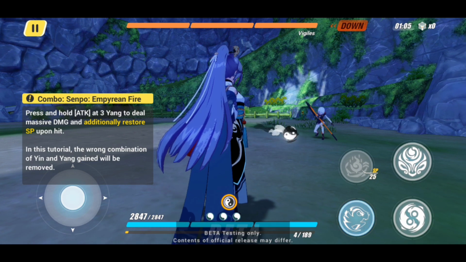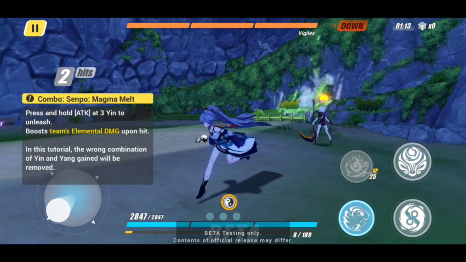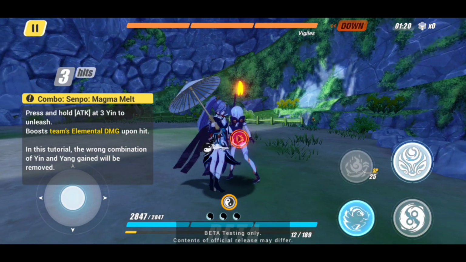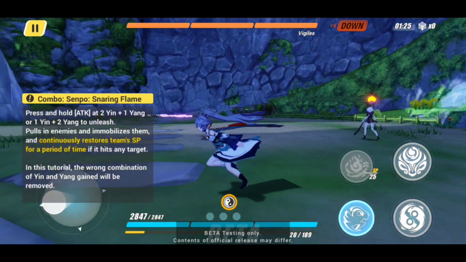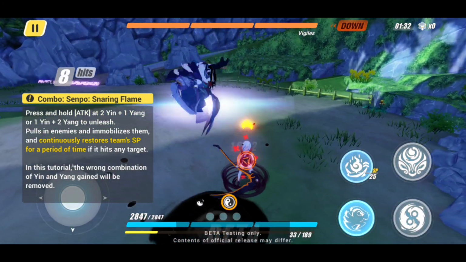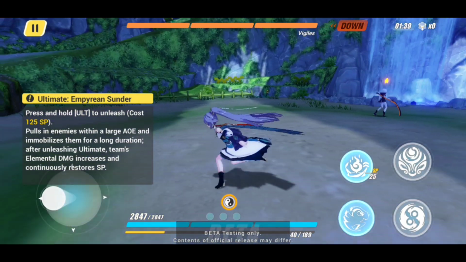So if you do all 3 of those, and then you hold the attack button, you're gonna do a combo attack right there that allows you to get some effects. And then if you do all 3 yin, I believe it's yin, and then you hold it, then you do a combo attack right there, and that gives you a different effect. And then if you do 2 yangs, or 2 yangs and a yin, or 2 yin and a yang, or yang, yin, yang, different combo attacks allow you to do different effects and different attacks, which